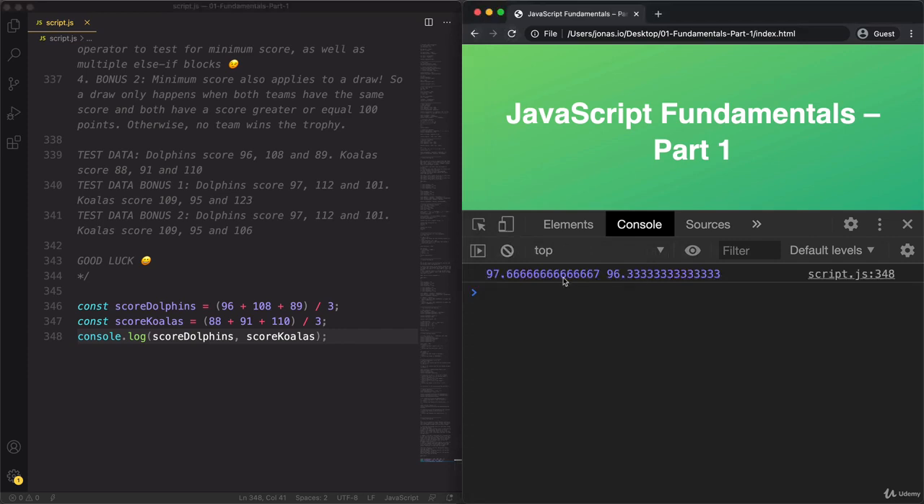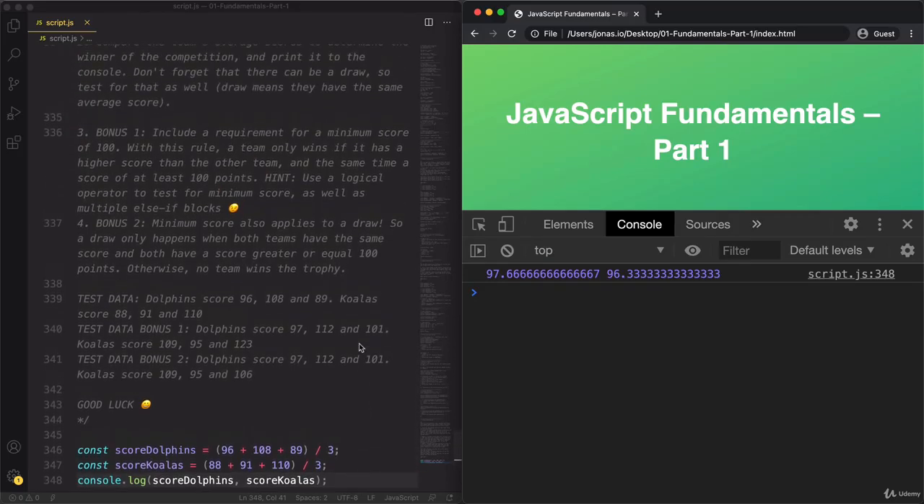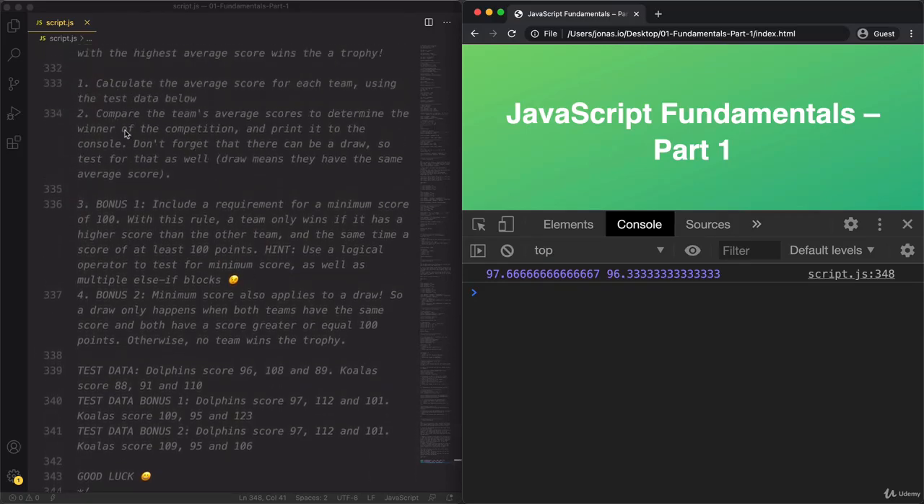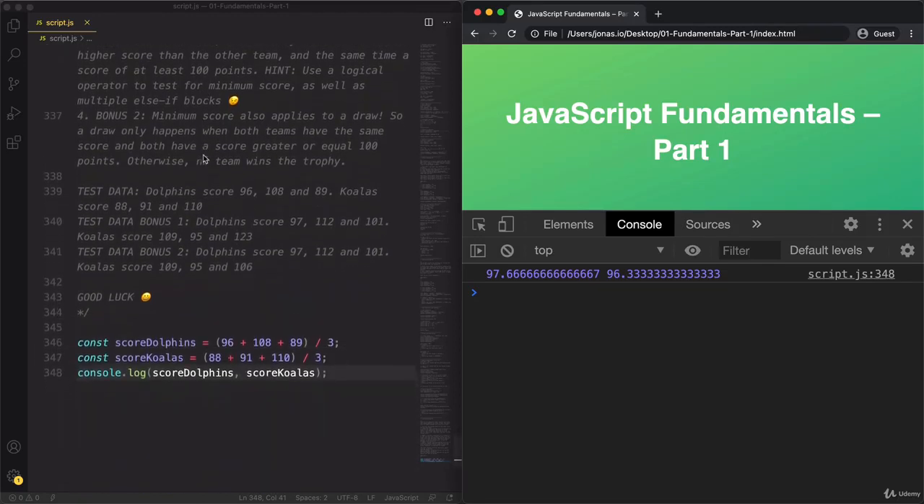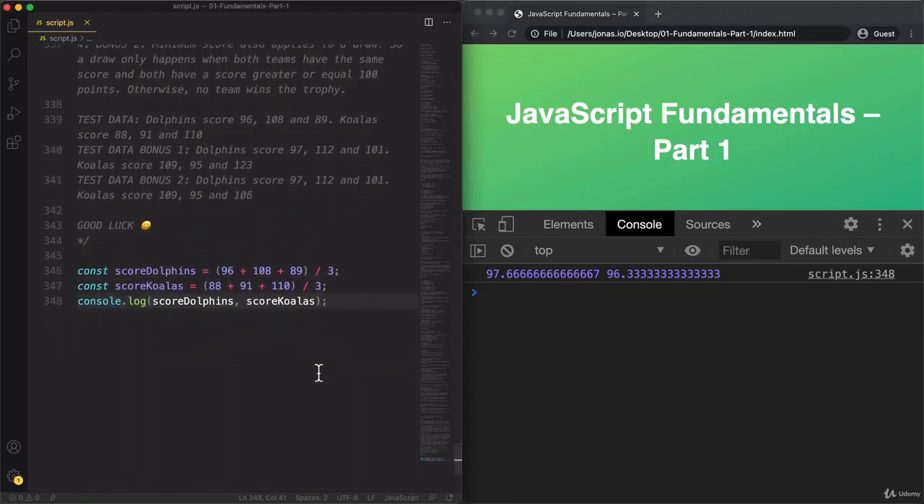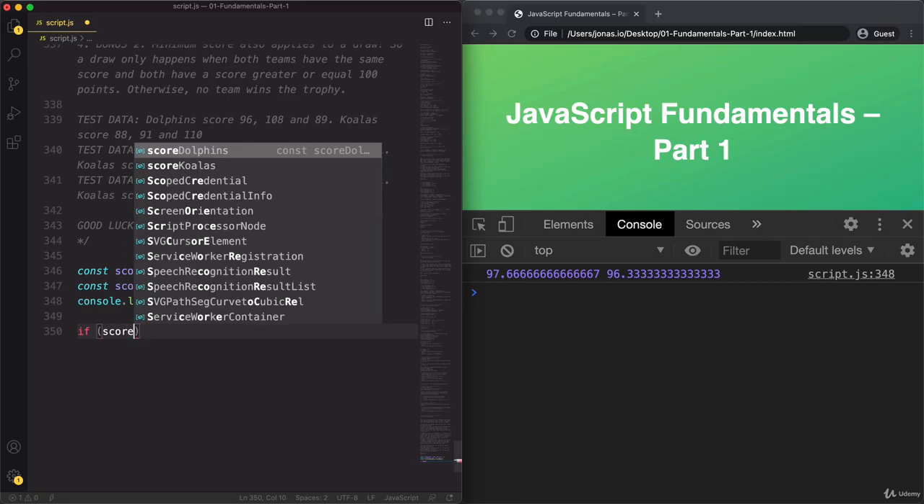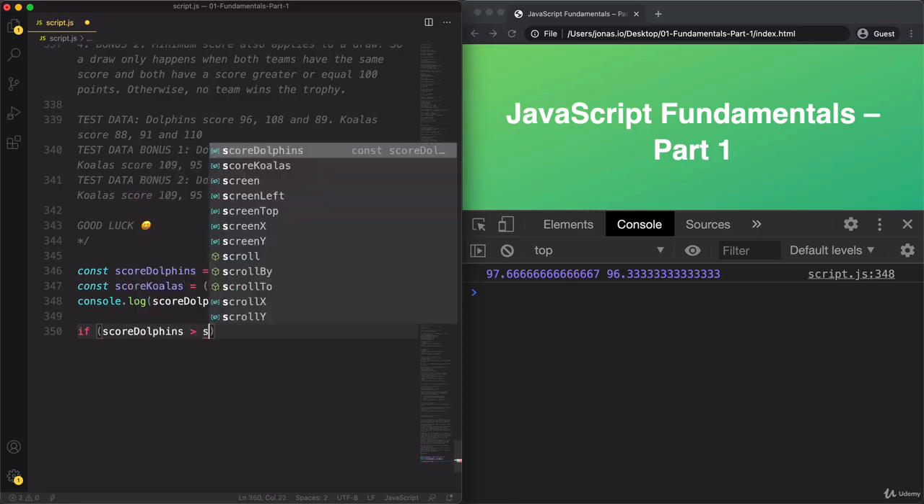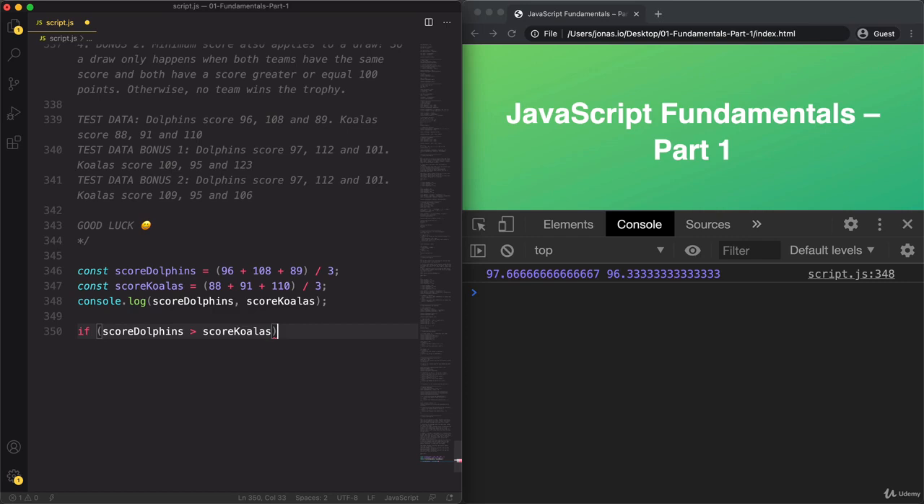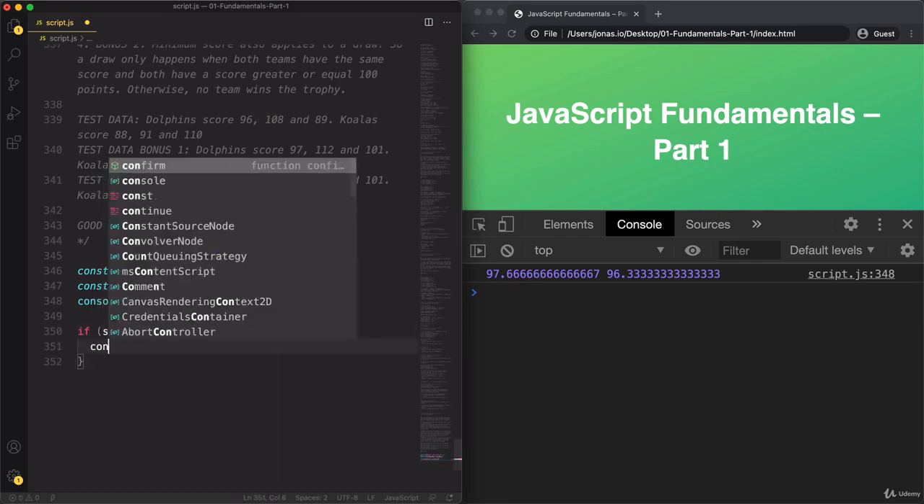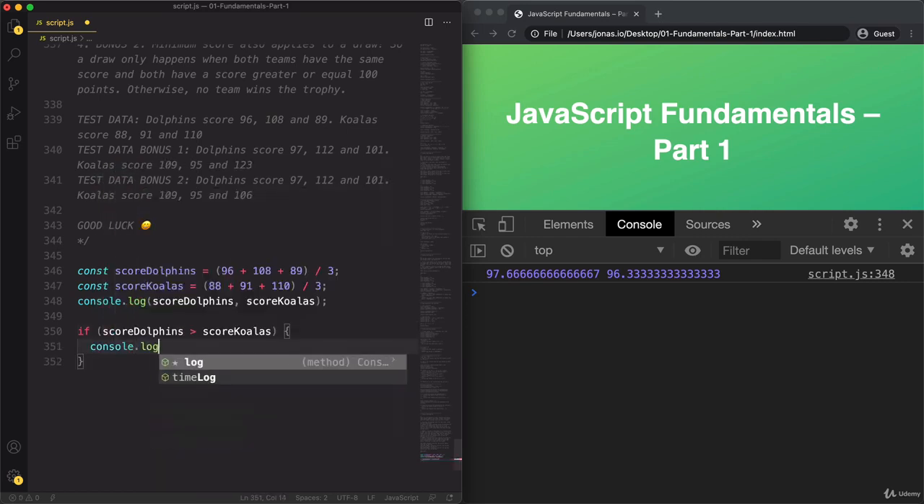Okay, so they're pretty close, but the Dolphins have a little bit higher of an average. And so that's what we're working on in point 2, where we're going to compare the average of both teams. So we are going to use an if statement, or if else probably. So score dolphins, if it's greater than score koalas, then log to the console,